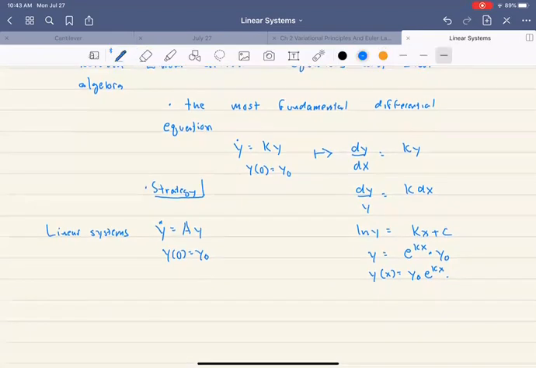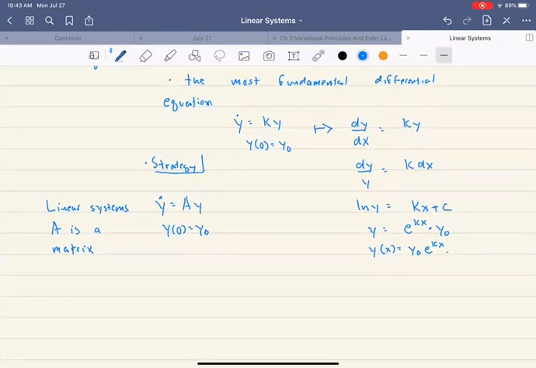And when we're dealing with linear systems, A is not a number now, it's actually a matrix. Still though, our solution is going to be y of x equals e to the Ax